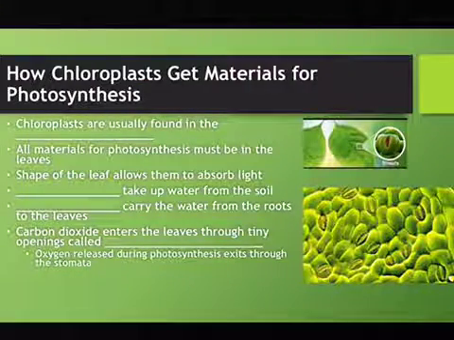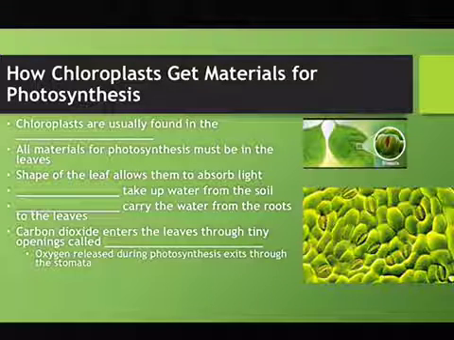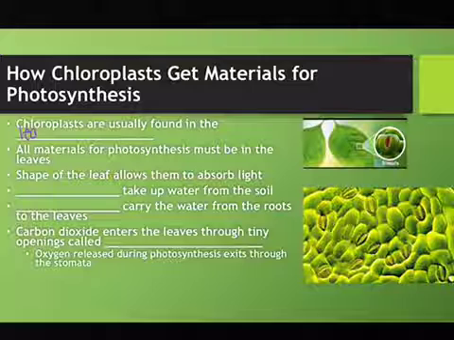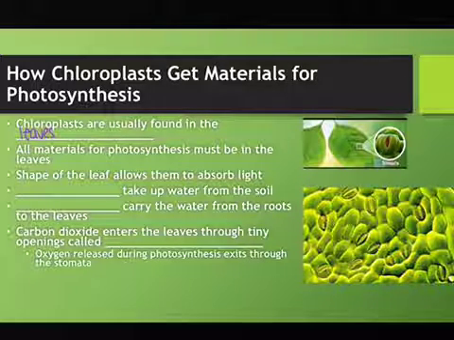So how do the chloroplasts actually get the materials for photosynthesis? Chloroplasts are usually found in the leaves, or the majority of chloroplasts are found in the cells within leaves. So all the materials for photosynthesis must get to the leaves somehow. The shape of the leaf allows them to absorb sunlight, so that would be your first thing that we